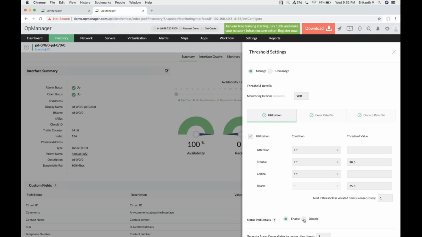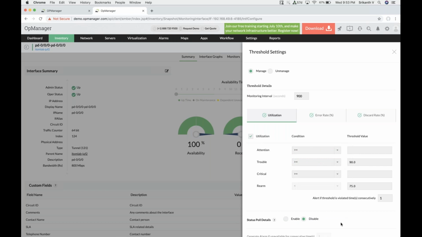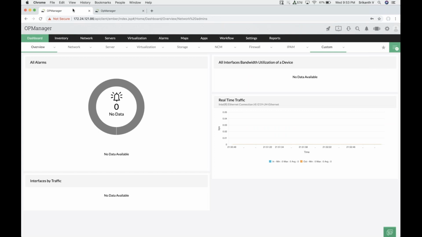In case you want to disable the status polling for this, or if you don't want to monitor the availability of that particular interface, you can just go ahead and hit disable, all right, and save that, so that this particular interface up and down status will not be reported, all right, and the interface data collection, interface traffic and other details will be automatically collected, right? And in case you want to do it for